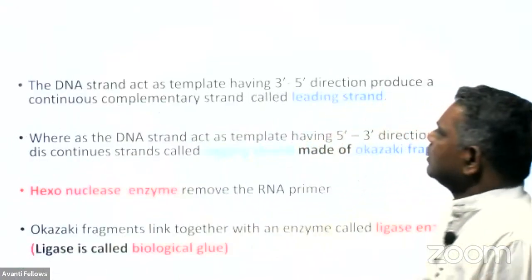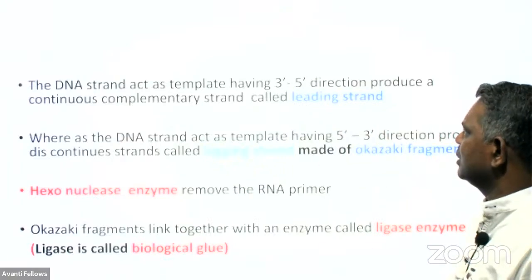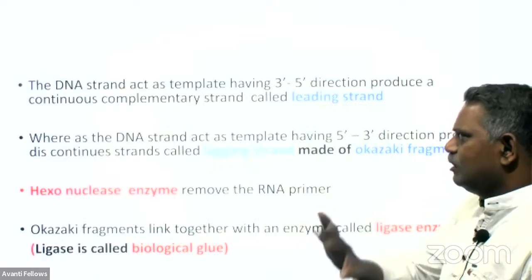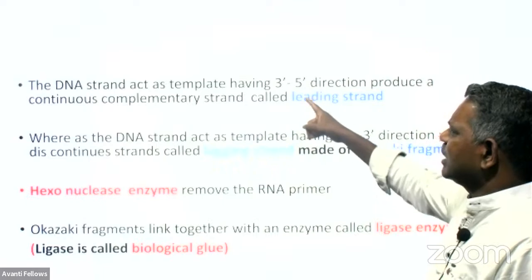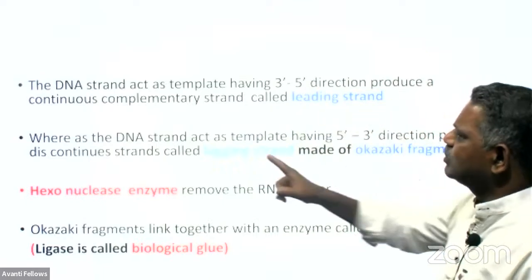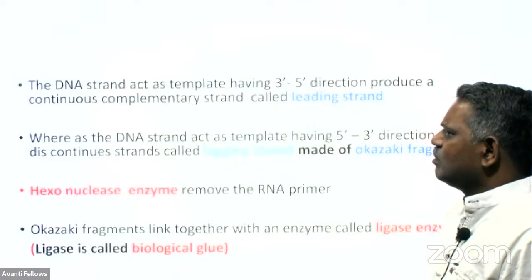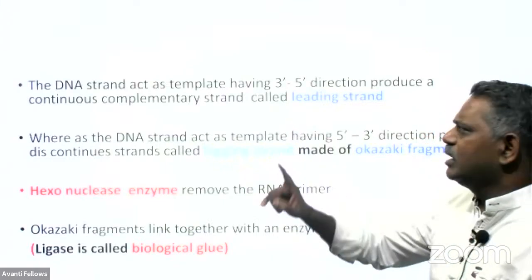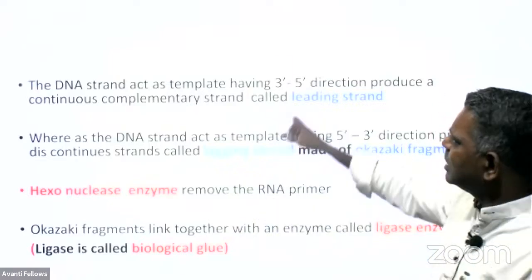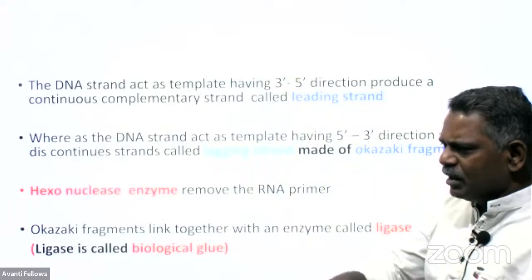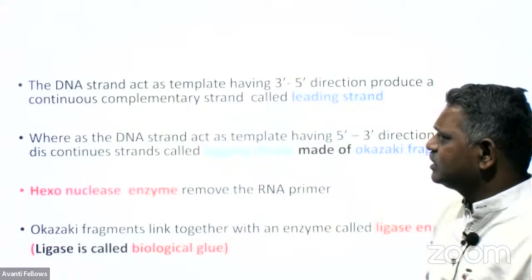Then the DNA strand as a template having 3' 5' direction produces a continuous complementary strand. Why does this template strand having 3' 5' direction produce a complementary and continuous strand? We call it the leading strand because a new strand of DNA always elongates 5' to 3' only. So the master strand having 3' 5' direction produces the corresponding strand with the help of the DNA polymerase